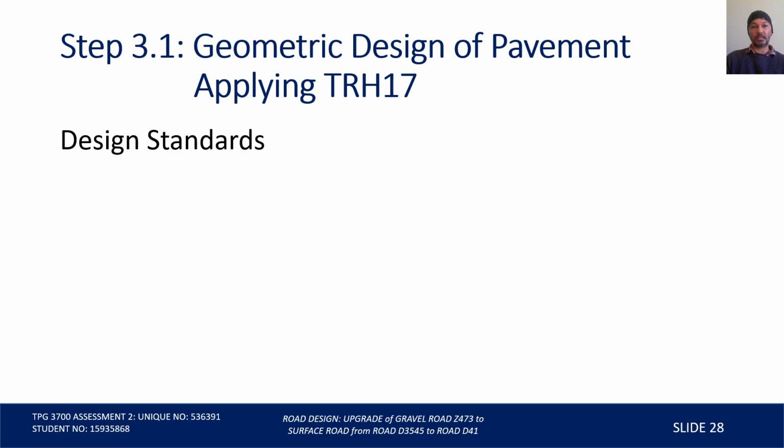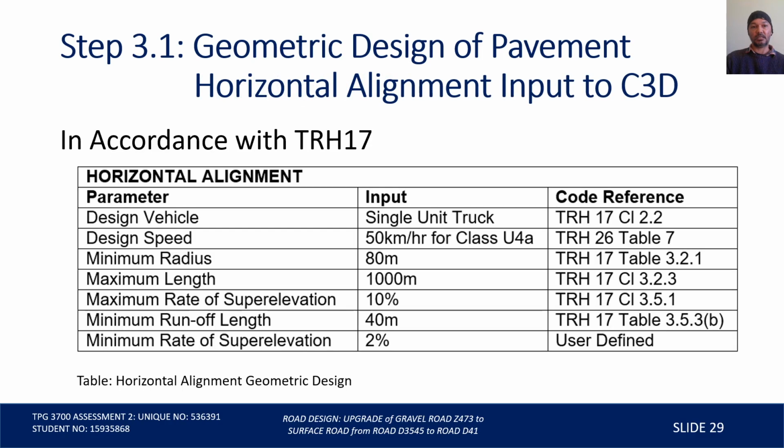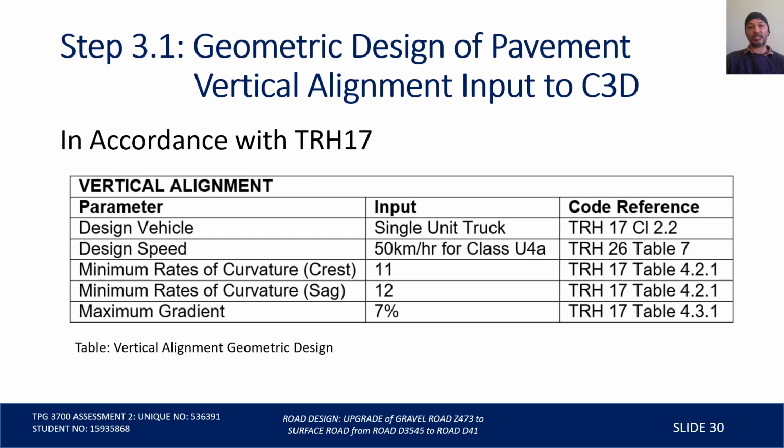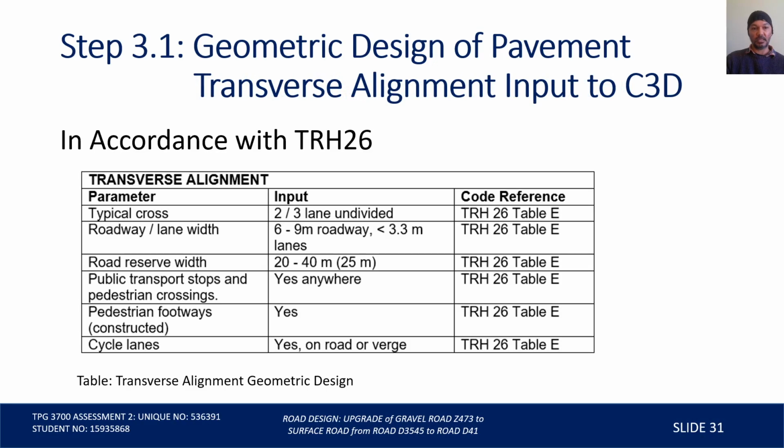Then the next thing I did was the geometric design of the pavement, applying TRH 17 and 26. Out of those, I sourced the various inputs, for example minimum radius, design speed of the road, and maximum length of the gradients, and so forth. And then also for the vertical alignment, same thing. Out of the TRH 17, I got the various input parameters which I was going to use in Civil 3D, as well as the